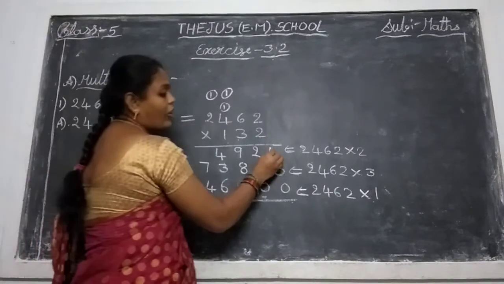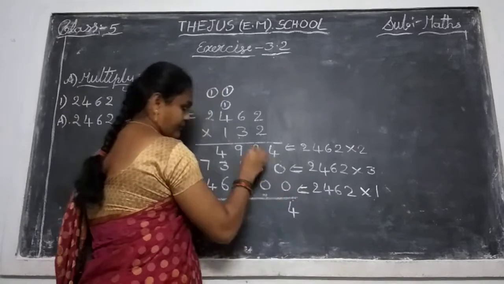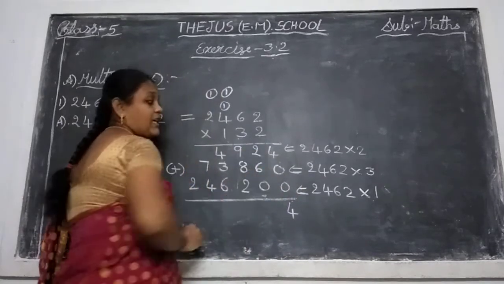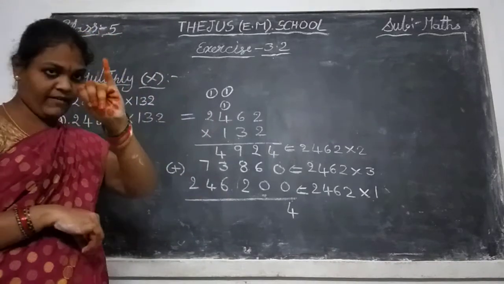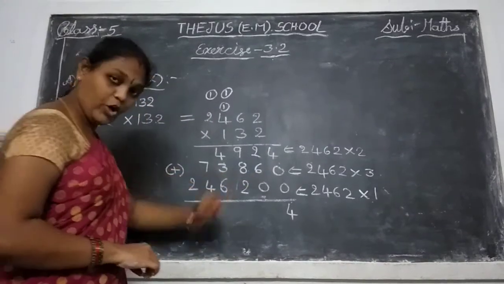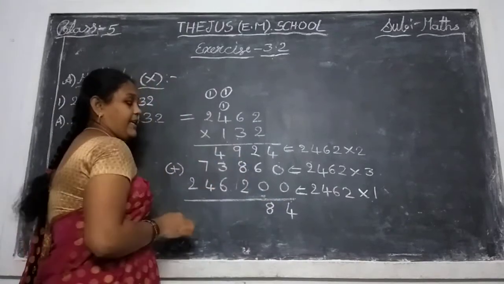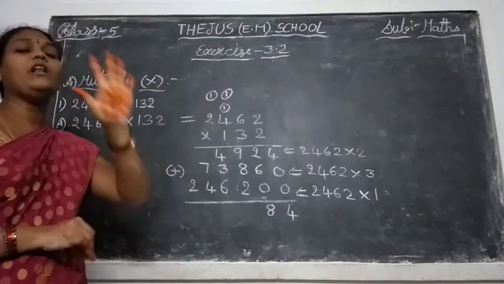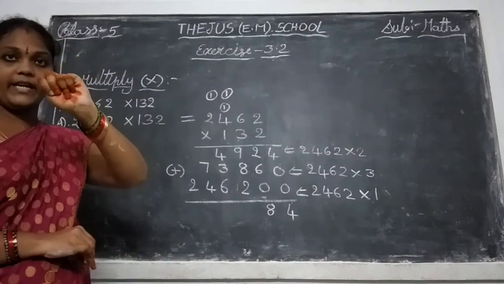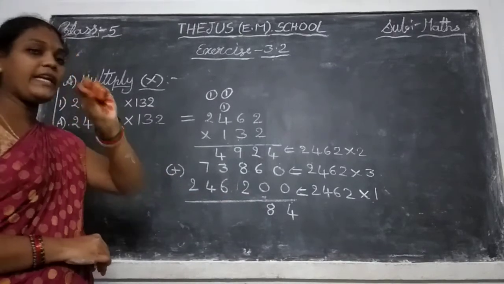See, 4 plus 0, 4. 2 plus 6: keep 2 in your mind, take 6 fingers, 2 after 3 4 5 6 7 8. That 8 plus 0, 8. 9 plus 8: keep 9 in your mind, take 8 fingers, 10 after 10 11 12 13 14 15 16 17. That 17, keep in your mind. Take 2 fingers. 17 after 18, 19.